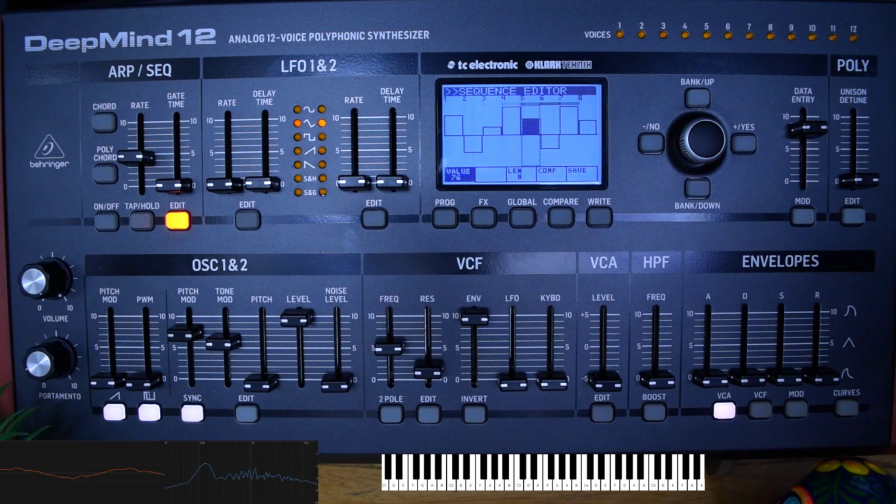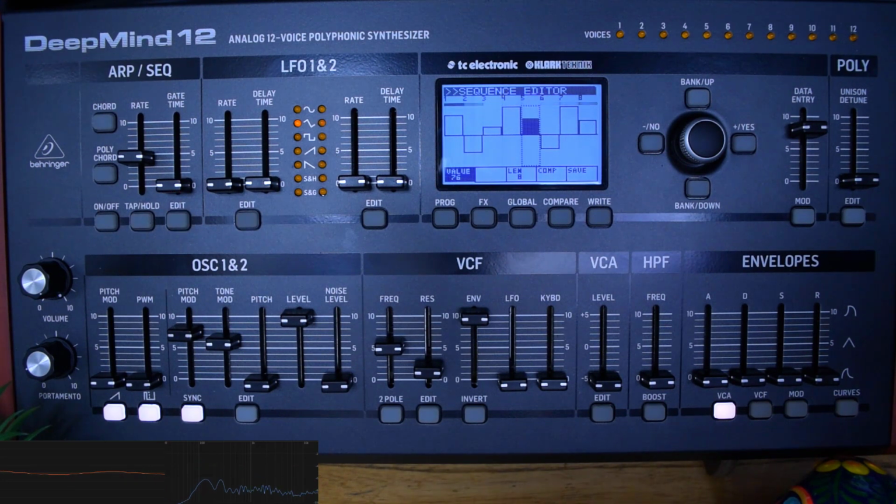Right? So very cool. Now, notice that we are using a default patch, and I'm just modulating 3